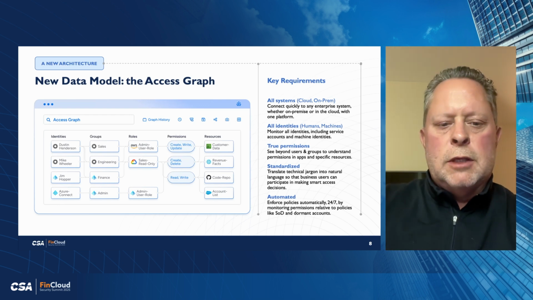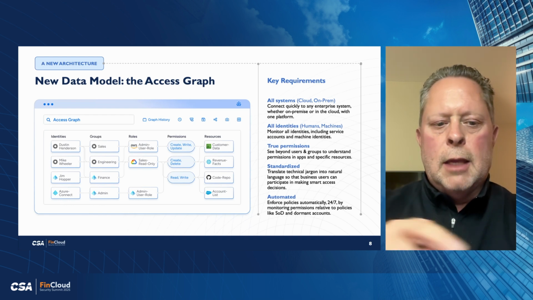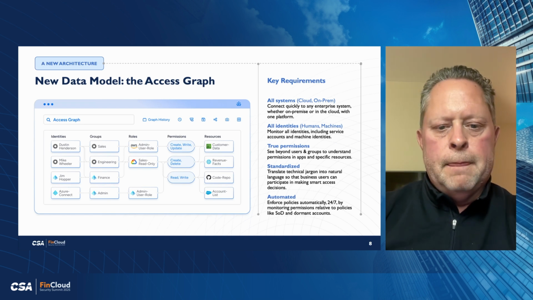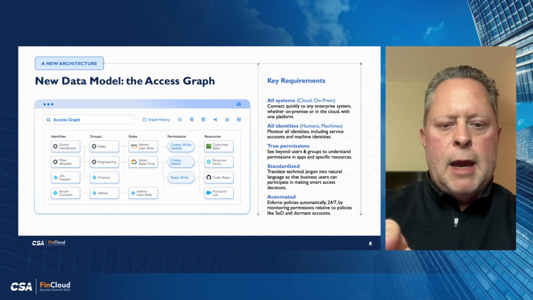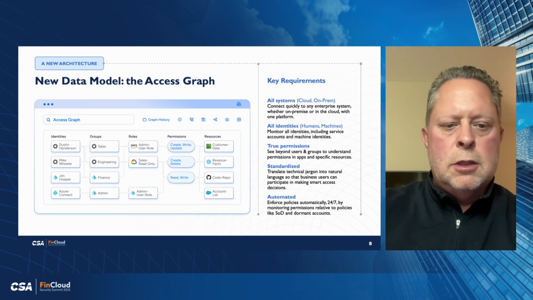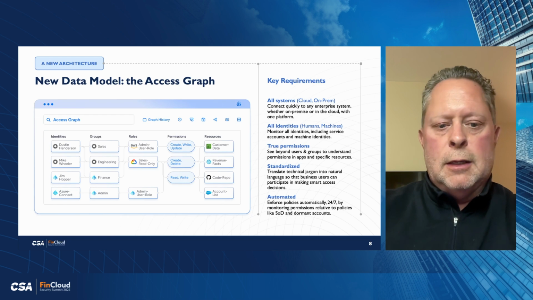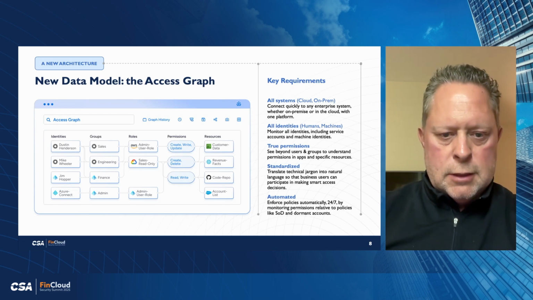And oftentimes what you see on the right hand of this graph is permissions and resources being managed local to that platform and not corresponding to changes made on the left side of this graph, identities and groups. So Mike Wheeler, for example, may have write access to a sensitive revenue recognition table because that access was granted on the platform at the resource level. There was no corresponding group change. Maybe there was no role change. So the effective permission has been updated, even though the path back and forth didn't maintain that level of consistency.